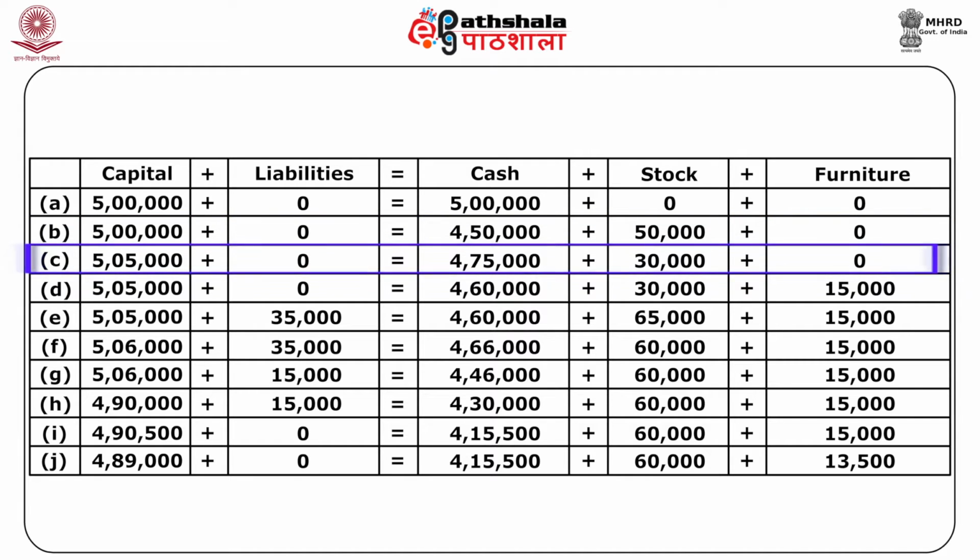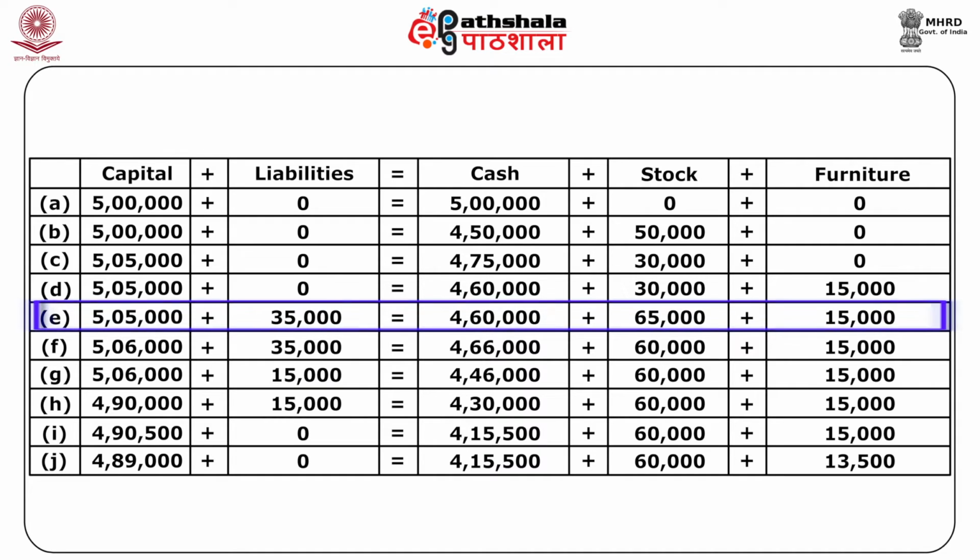Third, 5 lakh 5,000 of capital plus 0 liability will give you cash of rupees 4 lakh 75,000 plus stock of rupees 30,000 plus furniture 0. Fourth, capital of 5 lakh 5,000 plus liability of 0 will give you cash of rupees 4 lakh 60,000 plus stock of 30,000 plus furniture of 15,000. Another fifth, 5 lakh 5,000 capital plus 35,000 liabilities will give you 4 lakh 60,000 of cash, 65,000 of stock